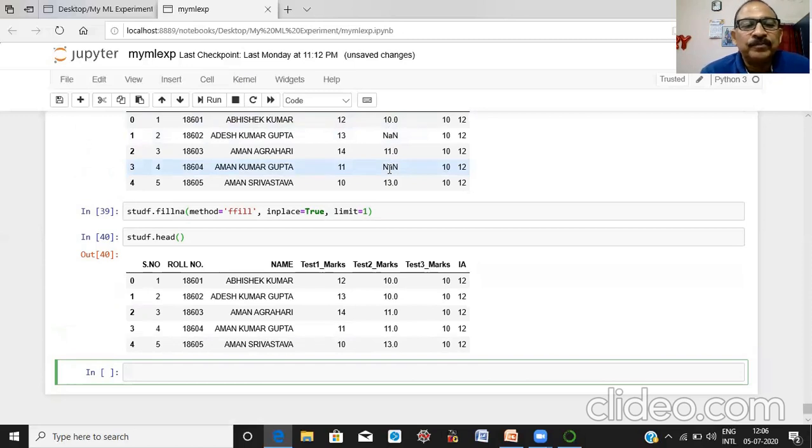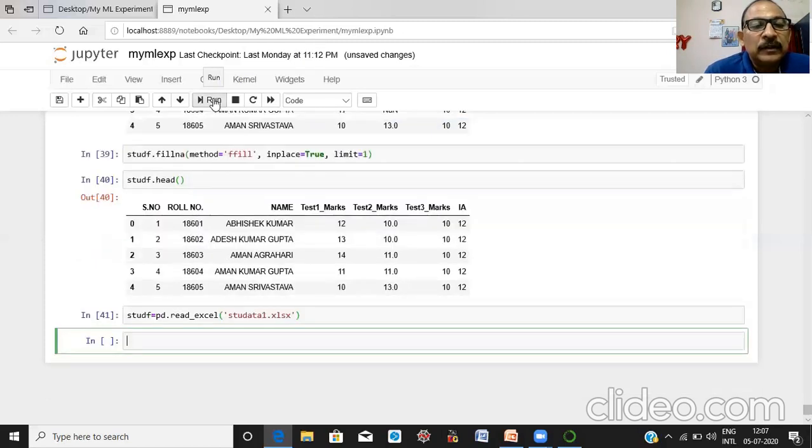Now suppose you want to replace it with the backward replacement. Then again we load our data set. Copy this command.